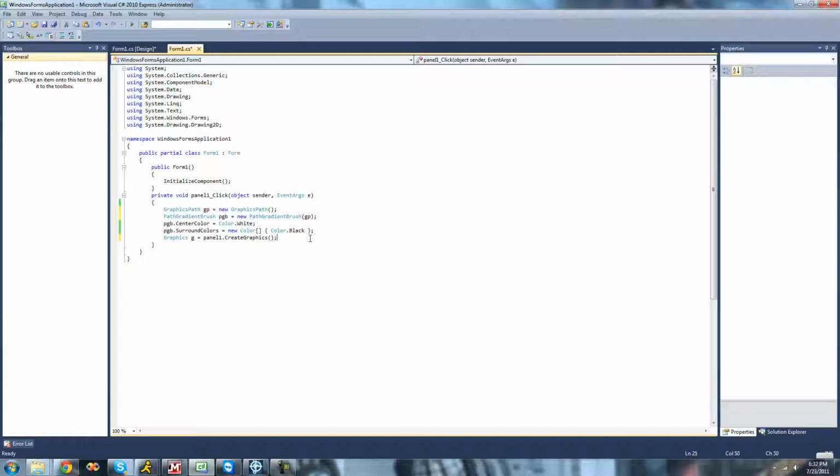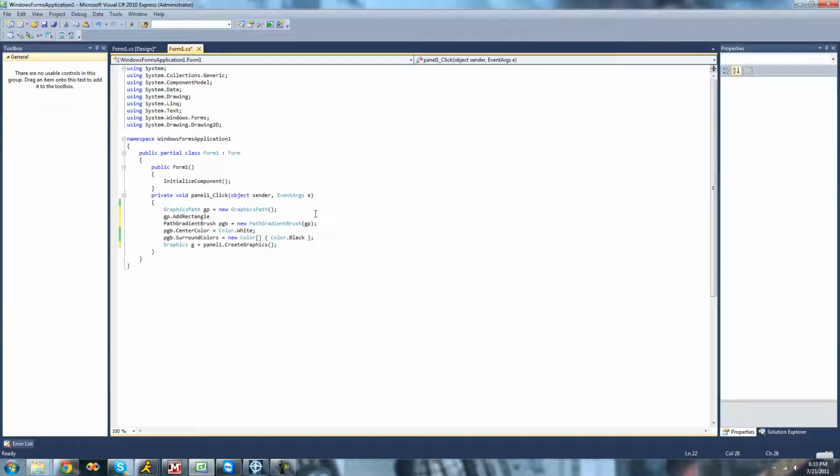Alright, so in a previous tutorial, we only looked at creating gradients with circles. So we have a center point, and then the gradient slowly moves out towards the edges and changes colors. Well, in this tutorial we're going to do other shapes, such as rectangles, squares, and triangles. So we're going to have to add those shapes to our graphics path. So we're going to do